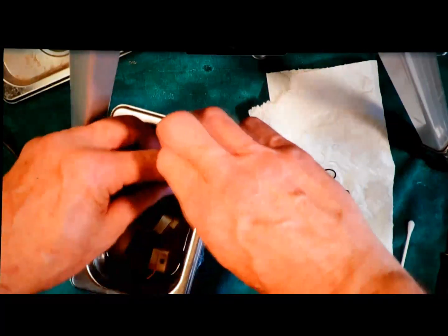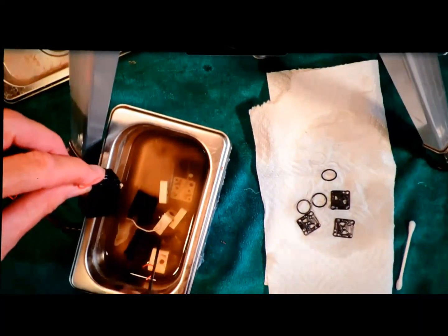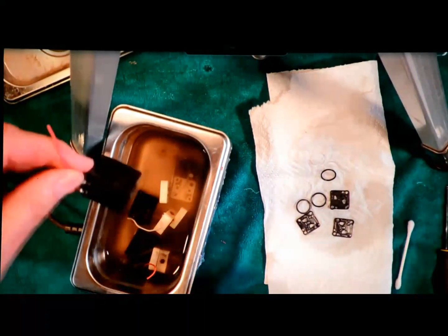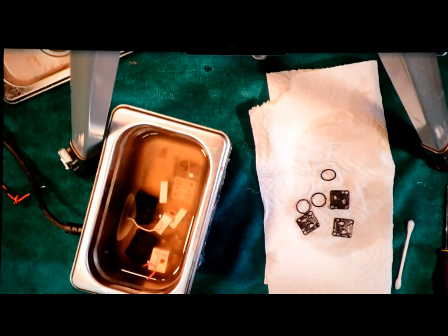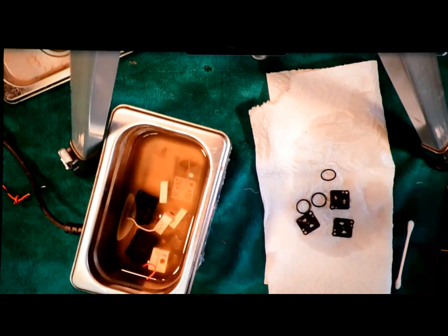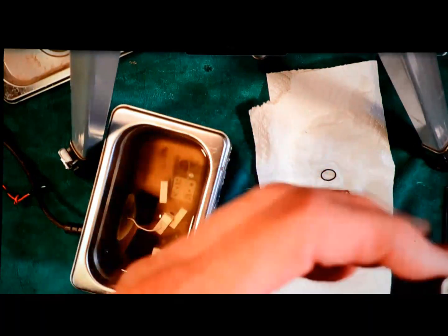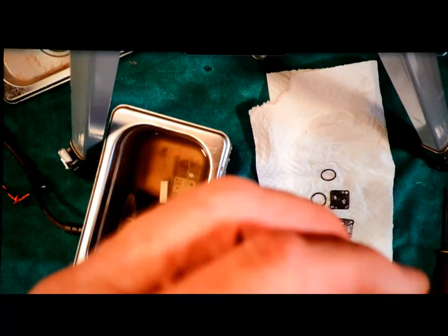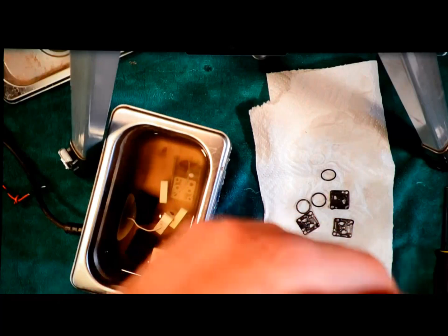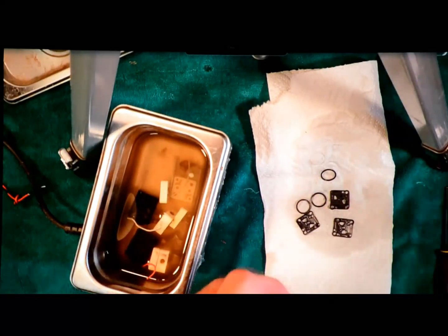So I'm going to grab it and start cleaning parts. You'll notice when I put these in here, I did keep all the pieces for each valve together. These are a standard production valve, so I would expect they would pretty much be all the same. But just in case they're from different production lots, I'd rather not find out the hard way the pieces don't match. So I took a piece of paper towel, wiped off the outside of it. I'm using a Q-tip to clean out the inside, just to get as much of the alcohol off as I